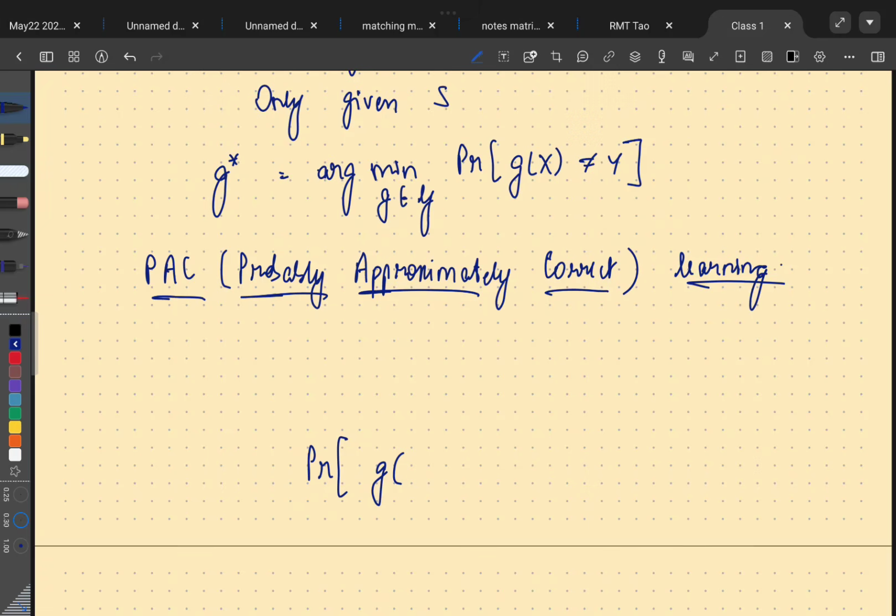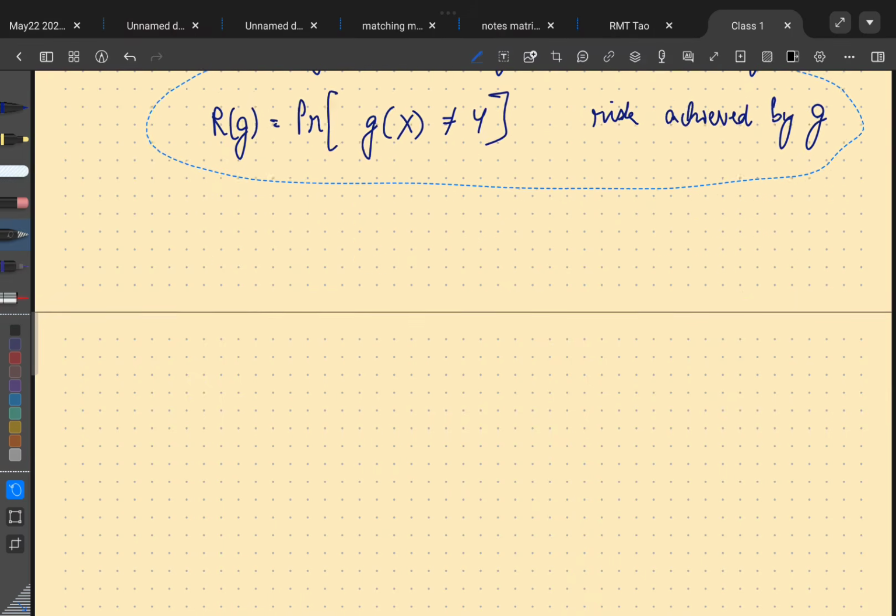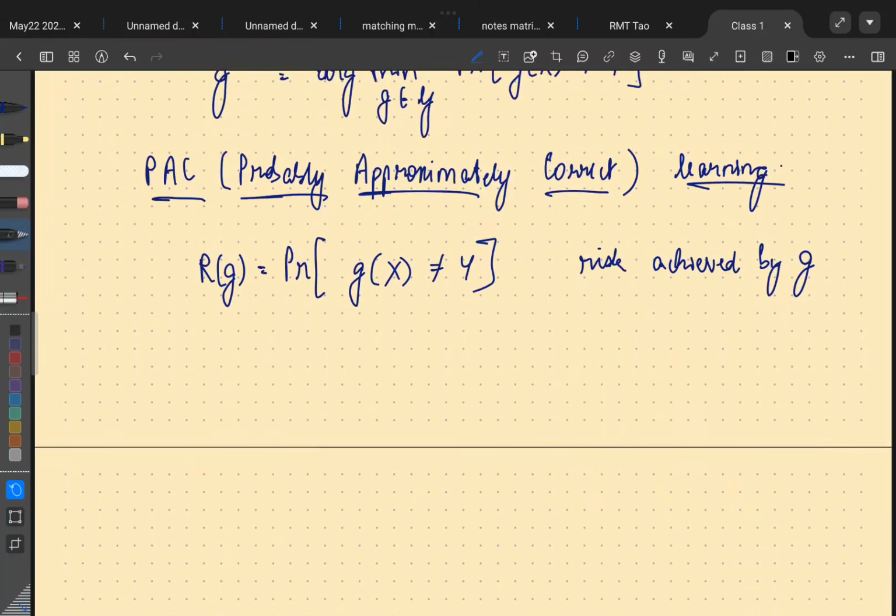Let's define R of G to be the probability that G of X is not equal to Y. So we'll call this the risk that is achieved by the classifier G. This is the risk that is achieved by G. What we'll try to guarantee is, okay, before that,